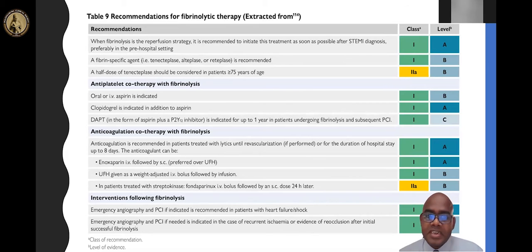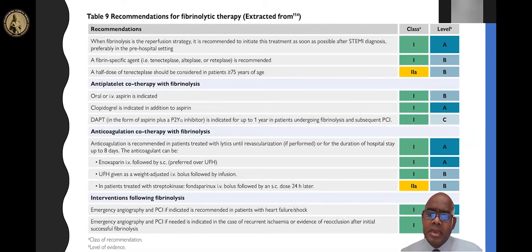Sometimes with this conservative management, you should be respecting the guidelines, which have 2A and level of evidence B, to treat with half dose tenecteplase in patients more than 75. But please remember, we usually don't give the enoxaparin bolus in these patients as we give to patients less than 75. So we load aspirin and clopidogrel 300. And if the patient is offered a cath lab, we could further load 300 clopidogrel to facilitate the intervention. Both enoxaparin and unfractionated heparin could be given.